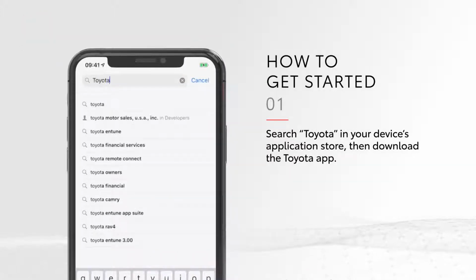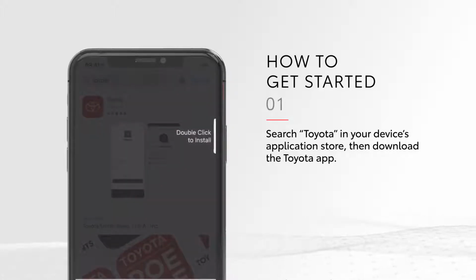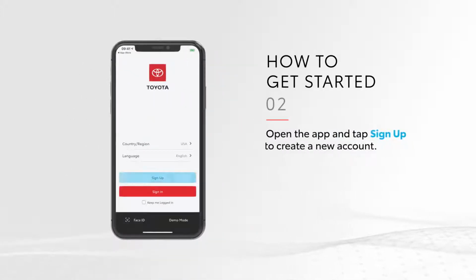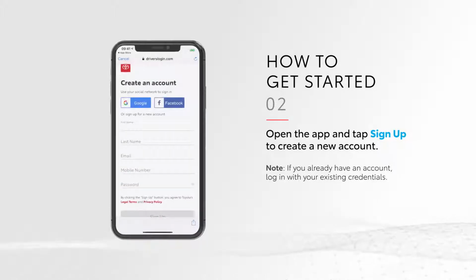First, go to the App Store on your iPhone or Google Play Store on your Android device and search Toyota to get the app. Once it's installed, open it and tap Sign Up to create your Toyota owner's account. Of course, if you already have an account, simply log in instead to proceed to step 5. In fact, if your existing account already has your vehicle linked, you are all set and can proceed straight to